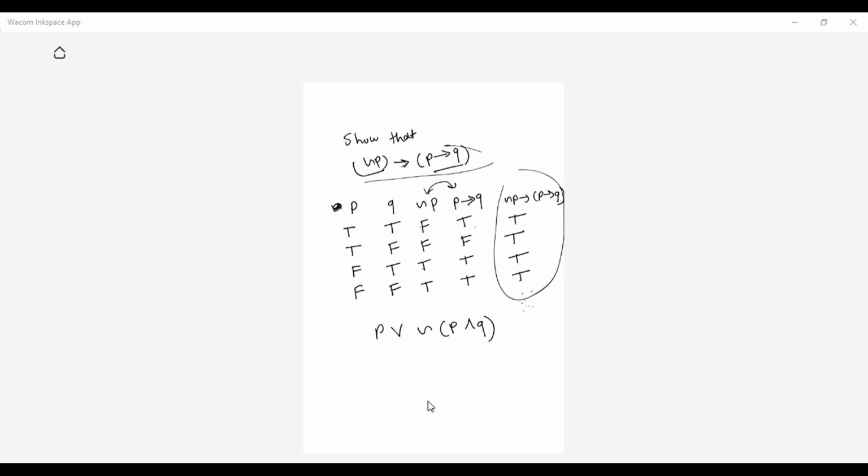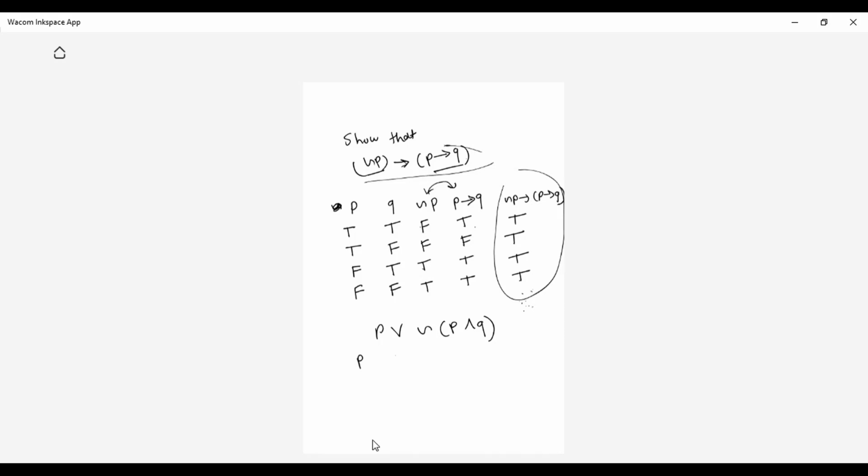Everyone is getting tautology. Are you confident? Carefully do it. Okay, tautology again. Very good, student. You're doing it in a proper way.